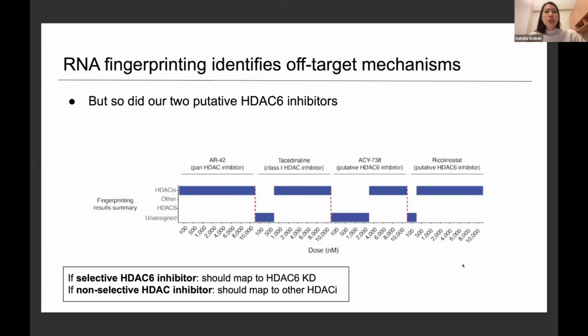If we then consider our 2 putative HDAC6 inhibitors, we actually see the exact same pattern, where the only mapped credible sets are to non-selective HDAC inhibitors, never to HDAC6 genetic knockdown. This suggests that these 2 drugs are in fact not HDAC6 selective, and instead show a transcriptional response more consistent with broader HDAC inhibition.